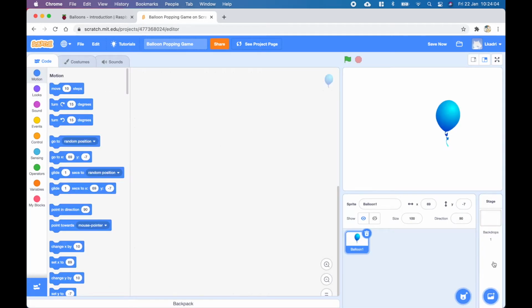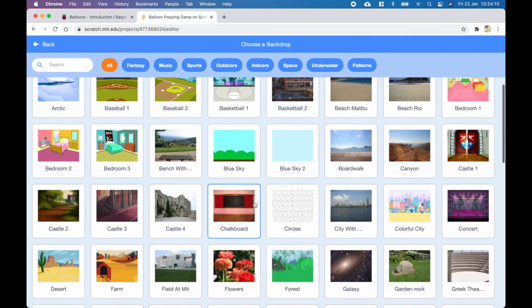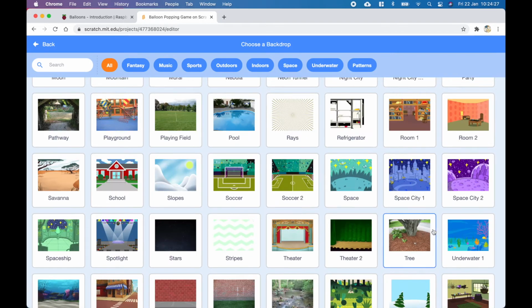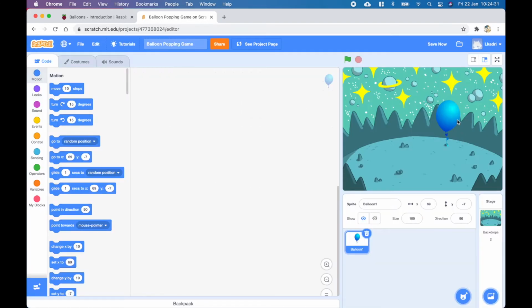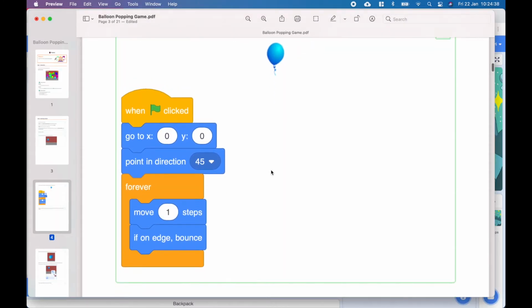I then want to choose a background, so go to the backdrop button and search. They use the wall, but you can use whatever you like. So maybe I will use Space City because that looks quite nice. There we go. It then says that we need to add this code to the balloon so it bounces around